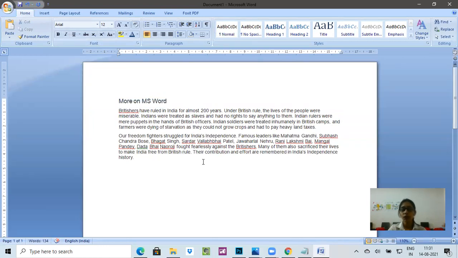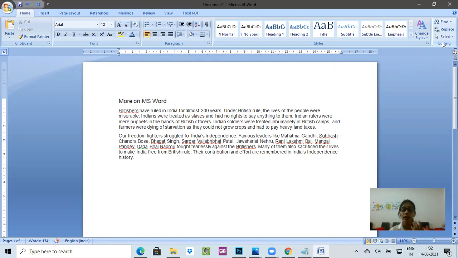For example, first we are going to learn is find. If there are many pages in your book, and you have to find a word, it would be very difficult for you to find the word in the book. So to make this simple, Word has a feature, that is the find option. First of all, you have to click on the home tab. In that there is an editing group. Please make sure that the tab is home and the group is editing.